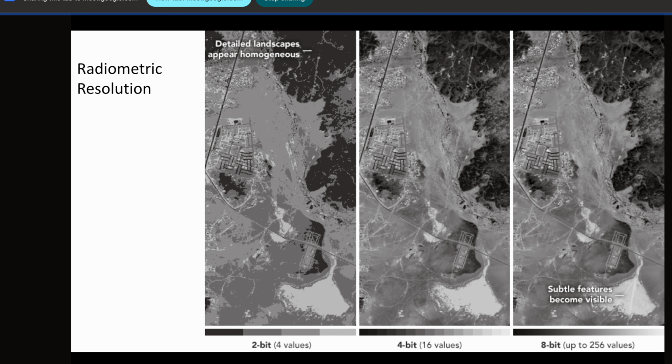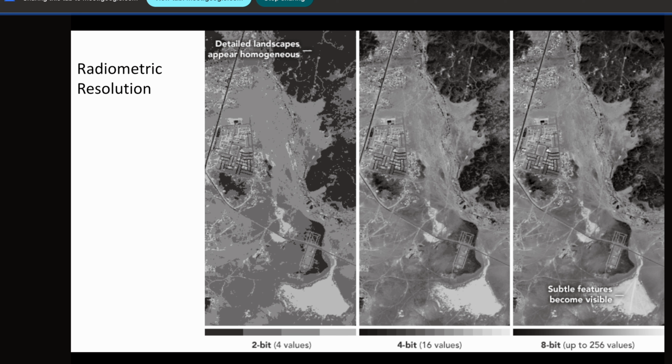So each pixel will have some RGB, so three values. And generally what we use in our phones is like 256 values. So 256 means 2 to the power something. That resolution is called radiometric resolution. I can put 0 to 255 in a phone, but I can use 0 to 1024 also. 1024 means 2 to the power 10, so 10 bit, that also I can use.